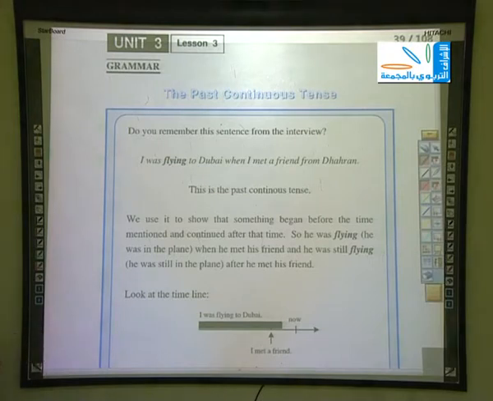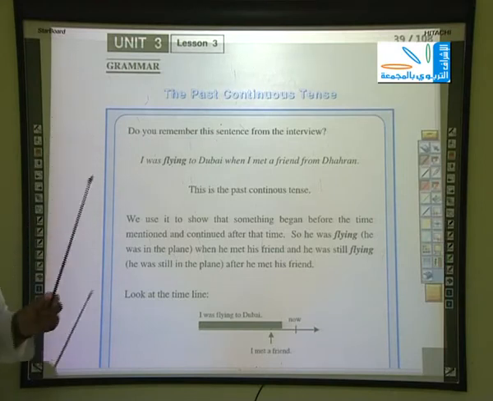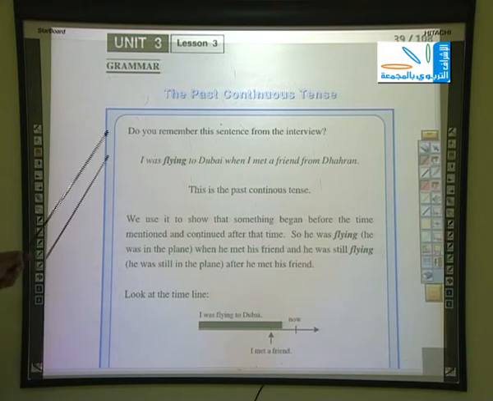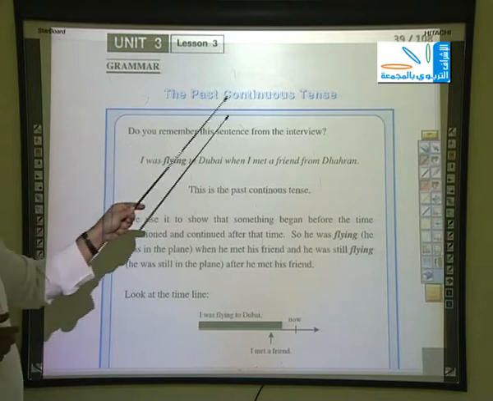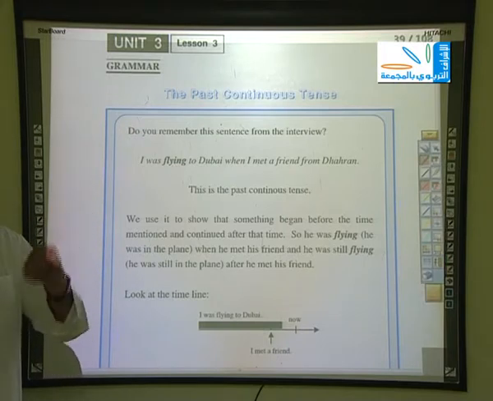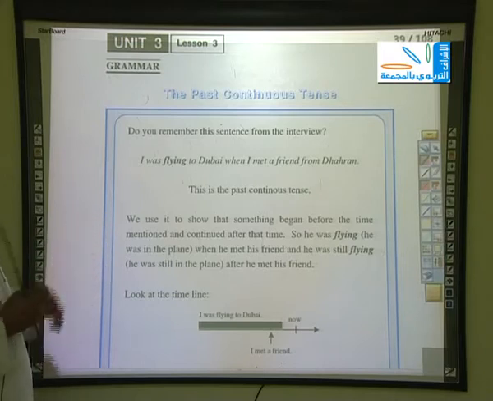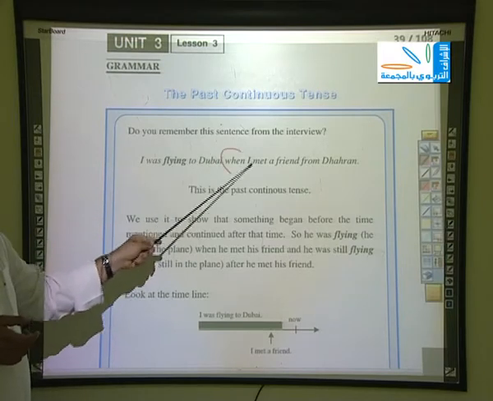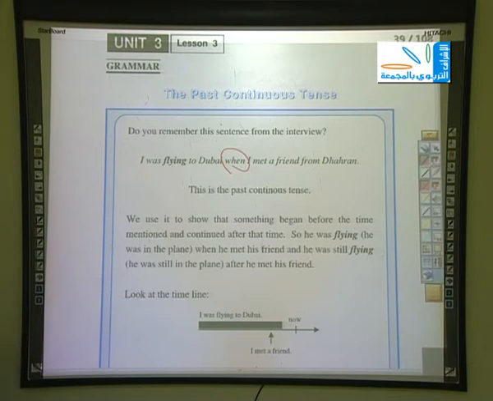Welcome back. Now we are going to explain lesson 3. As we know, lesson 3, generally speaking, in any unit in third year secondary is talking about grammar. Grammar here is talking about the past continuous tense. While explaining the past continuous tense, we are going to talk about how to make a complex sentence using the conjunction word when. Now, I am going to present this lesson